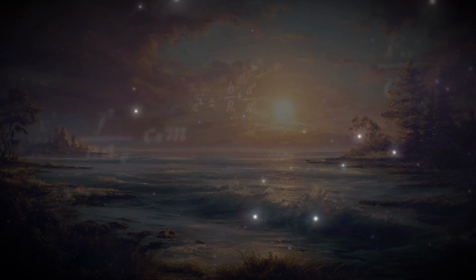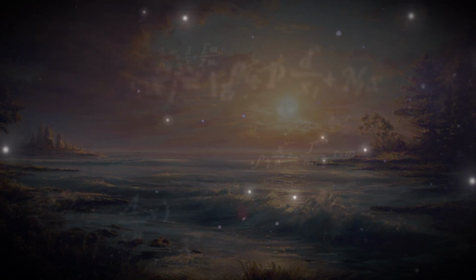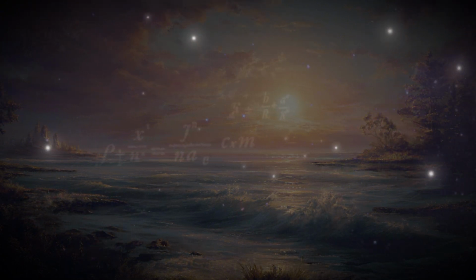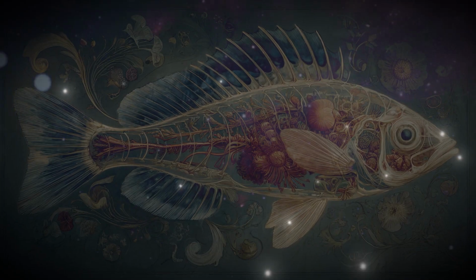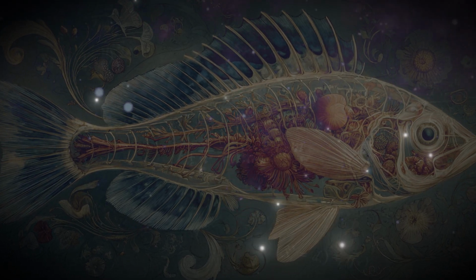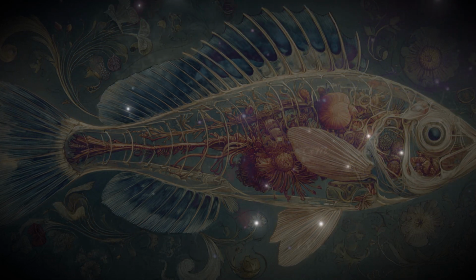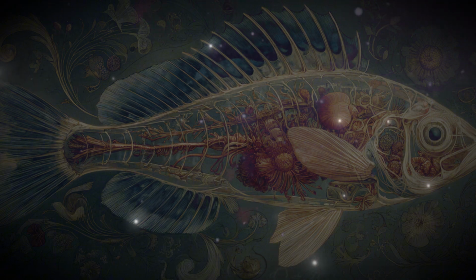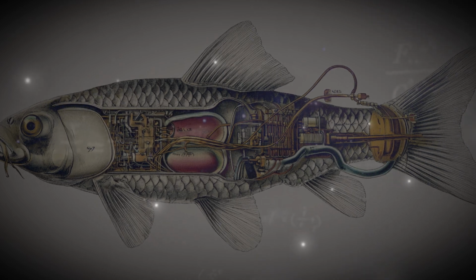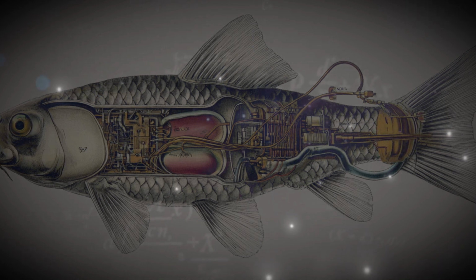The sound environment of this Devonian shore differs dramatically from the cacophony of modern coastal areas. There are no bird calls, for birds will not evolve for another 150 million years. There are no insect choruses, for most insects have not yet mastered the challenges of terrestrial life. Instead, the acoustic landscape consists primarily of the gentle lapping of waves against the shore, the whisper of wind through primitive vegetation, and the subtle creaking and rustling of the early forests as they sway in the warm breezes that carry the scent of decomposing organic matter and the mineral-rich waters of the ancient seas.